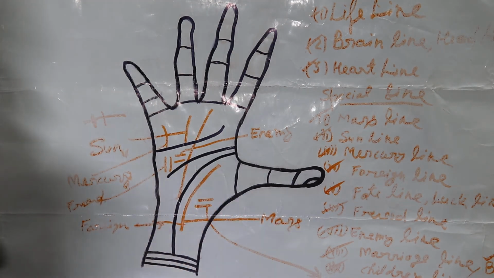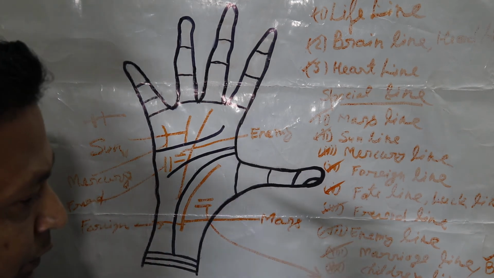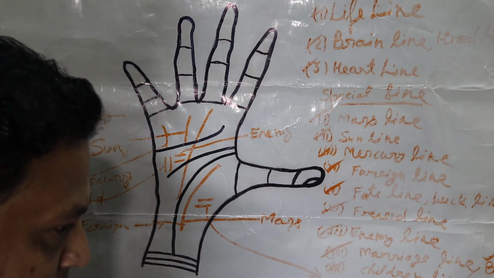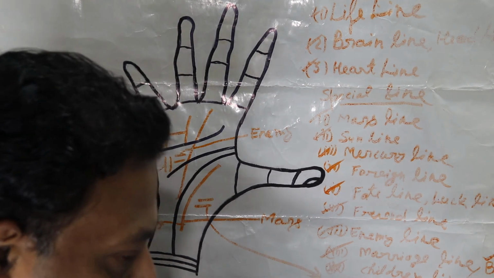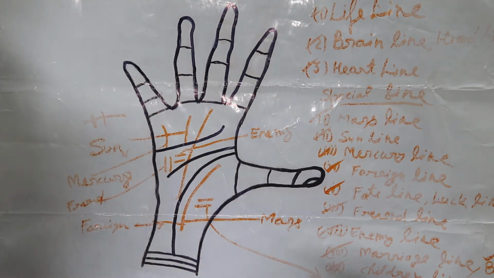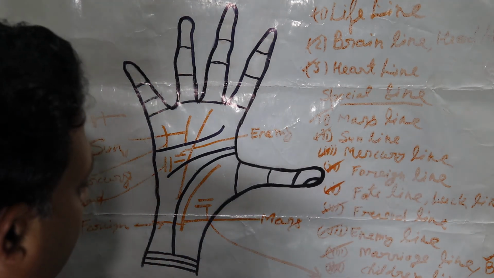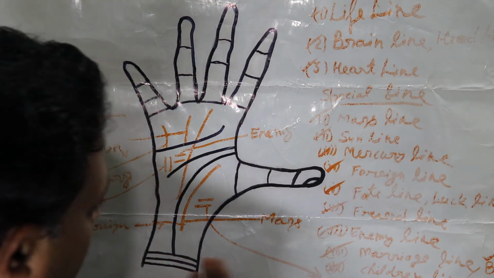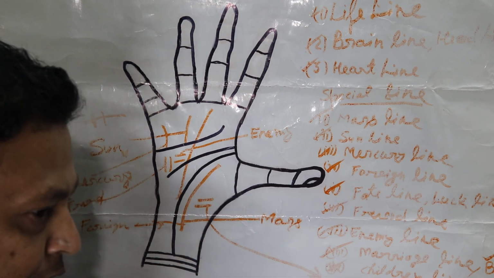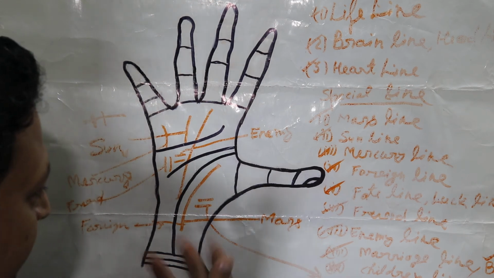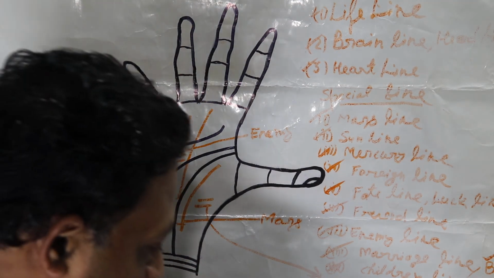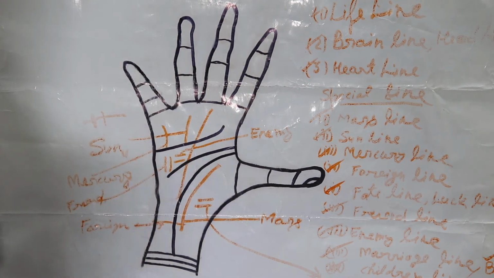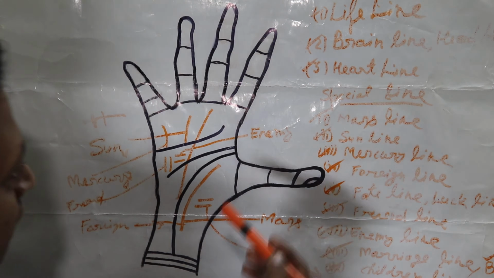And I described here about the tension line, that is at the Venus point. If tension lines are present in a person's palm, then we can predict that the person can be in depression, an overthinker, or this type of person can be a poet, or a good thinker. So these can be negative, or these can be positive. So a palmist can predict whether that person is an overthinker or a good thinker. So it's all about lines.